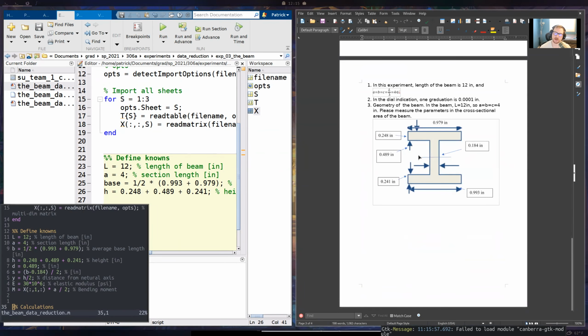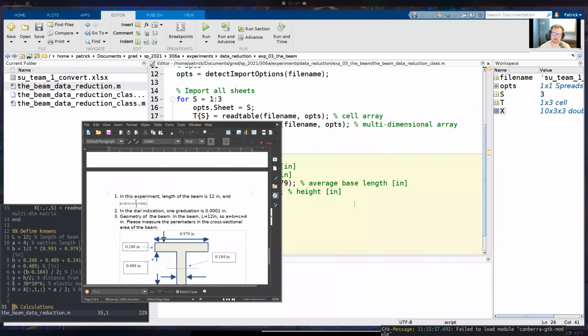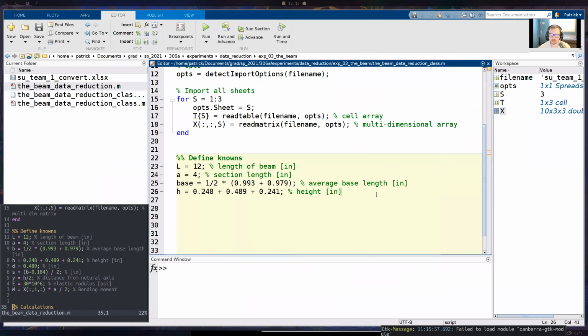Alright, so here are the measurements. I just want to show you guys. So basically, for the height, we're taking this measurement here, plus this measurement here, plus this one here. Okay, then we have D, that's going to be equal to 0.489, and D,